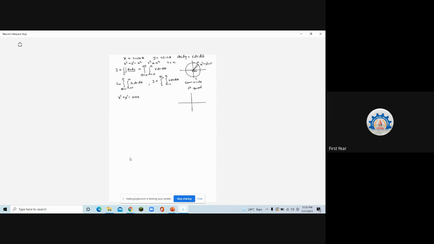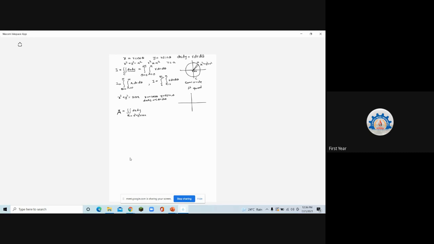Since you can see x square plus y square, you immediately have to think, can I solve it by polar? So I have to substitute x is equal to r cos theta, y is equal to r sin theta, and dx dy is equal to r dr d theta. What was asked? Find the area covered over this region R, which is x square plus y square is equal to 2ax. So how are you going to solve this? Use a bit of your brains, whatever we have done till now. You have to convert this to polar form.